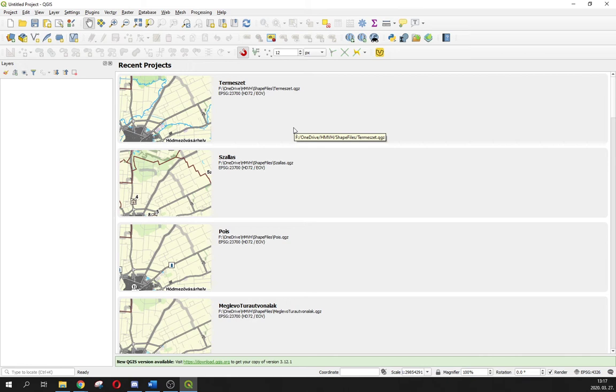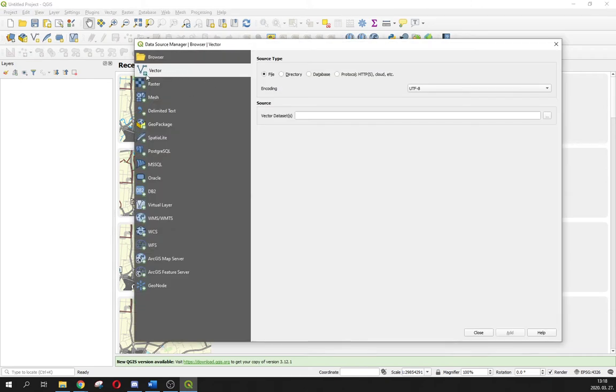And the first step in making a map is to add the necessary vector files which contain the spatial geometry of the countries, and another file provides a background for our map using the geographic grid. Okay, click the Open Data Source Manager, the top left hand side button, and you should click on the Vector tab in the left hand side and click the Browse button with 3 points, the Browse button,